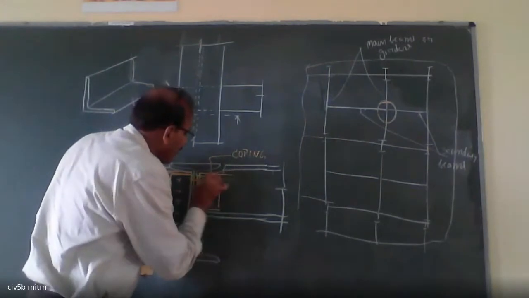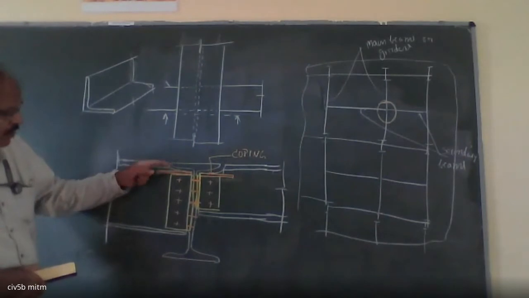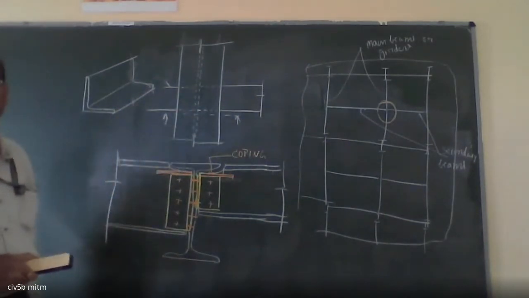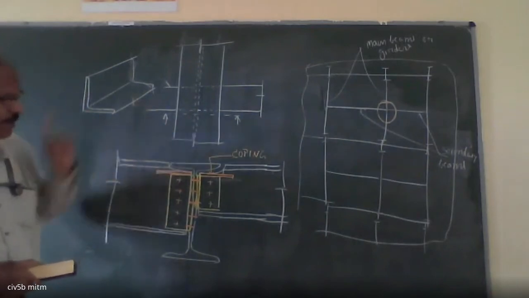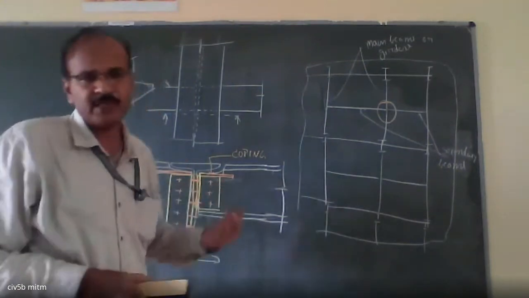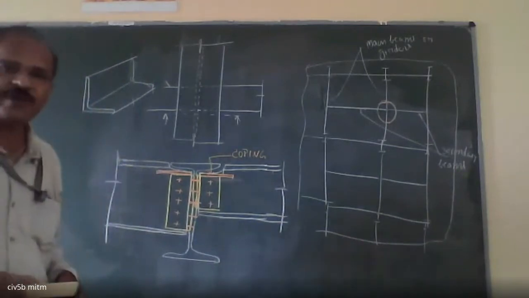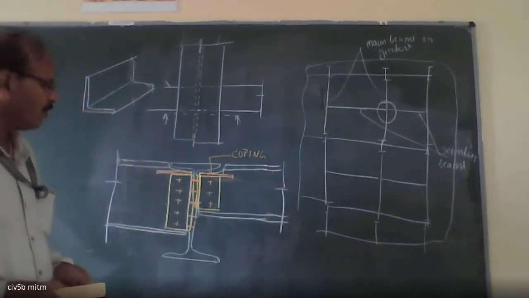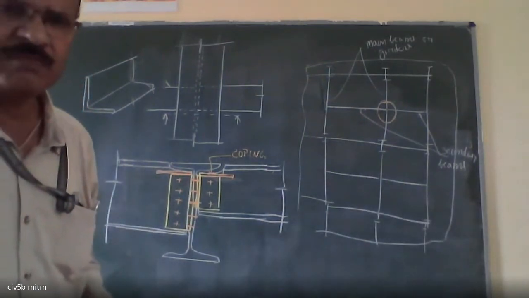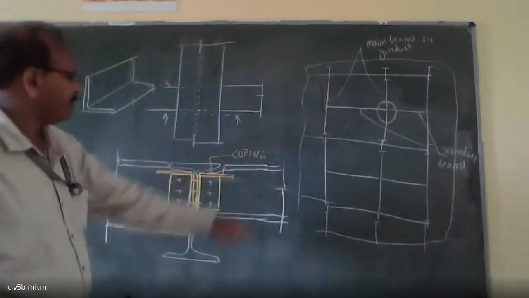Similarly, we are going to provide some additional plates, and we are going to provide another set of additional plates behind to strengthen this web. Okay, this is the way we are going to do beam to beam connection. The connection is done. You can see the figure in the notes. Then you can study the theory part, how it is done. This portion has been shown here.